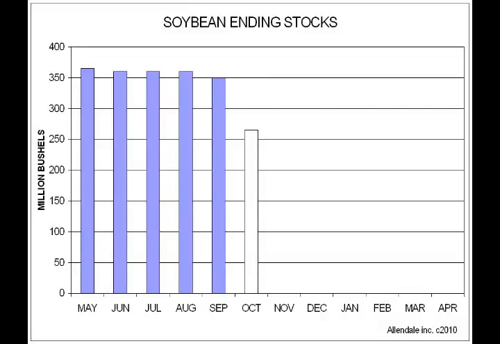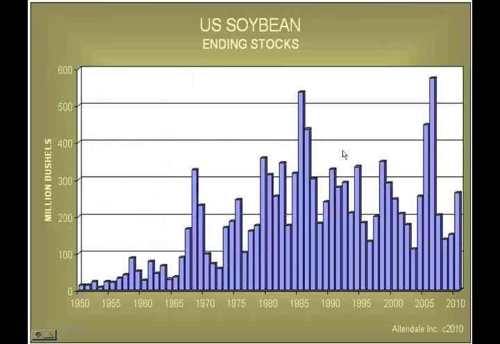Something I want to point out here is for soybeans, there is no relationship between stocks to use and stocks, those type of issues, and what's actually going on with the price. Since May, we've had stocks kept almost unchanged, and yet during that time we had about a $1.50, almost $2 rally in futures. So there's not a good relationship here as far as the stocks. We did drop them down to 265. Looks exciting as far as the chart goes, but in a historical context, 265 is still not tight.